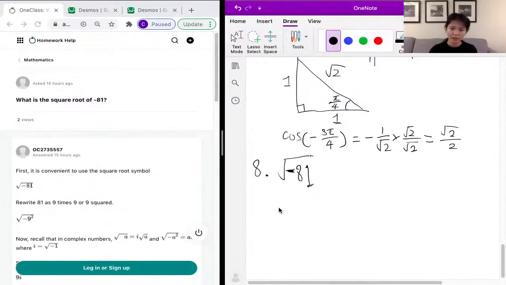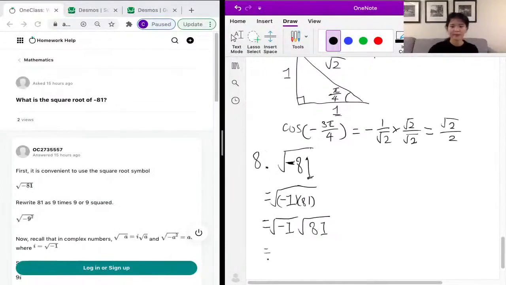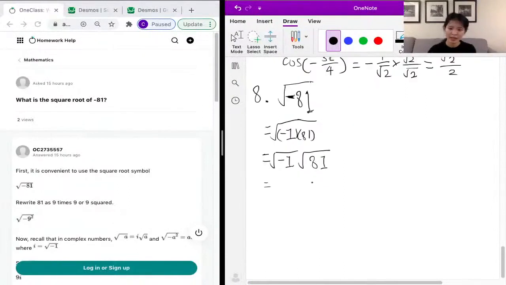So how do we do those problems if you have learned imaginary numbers or complex numbers? You just know that negative 81 is negative 1 multiplied by 81, and then you split the square root sign into both of its factors, and you have the square root of negative 81 is equal to the square root of negative 1 times 81. And for 81 here, the square root of 81 is just 9, and the square root of negative 1 actually has a